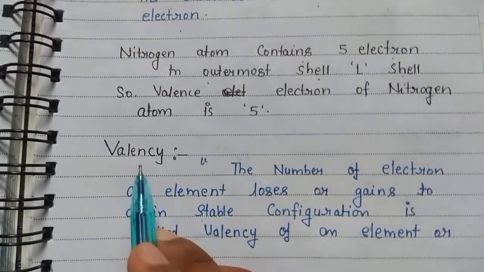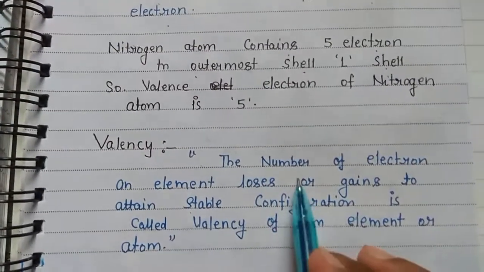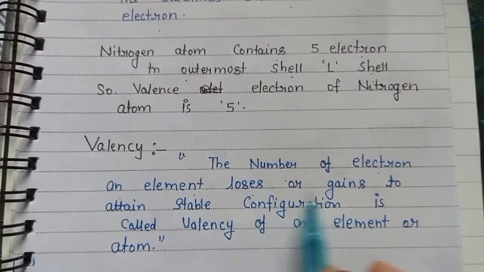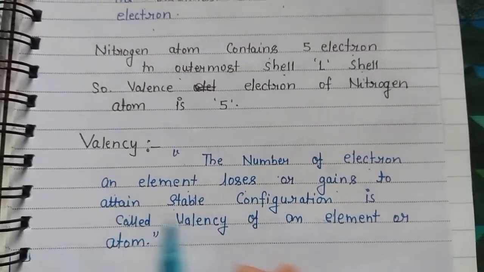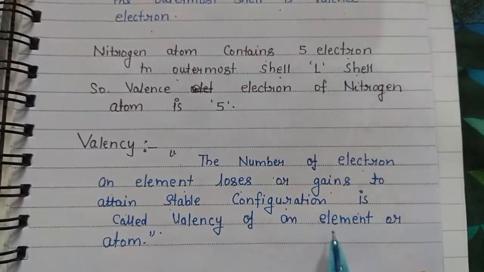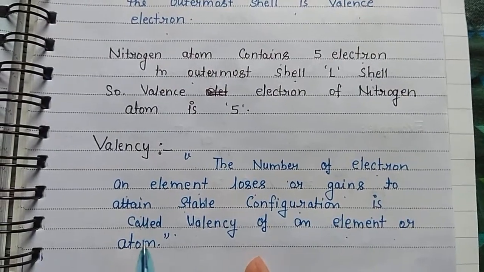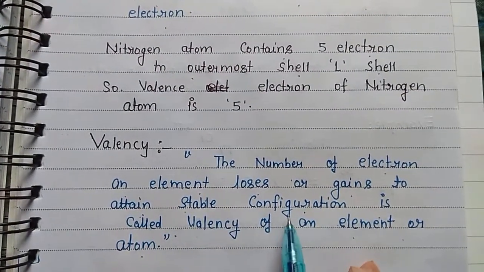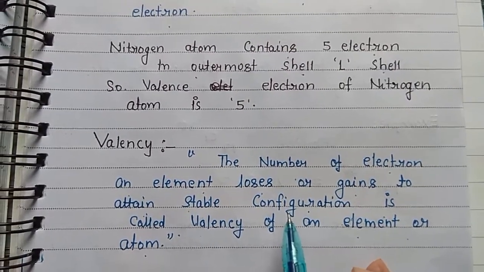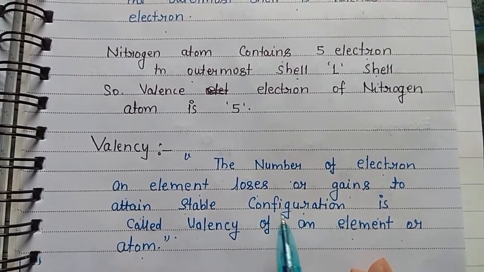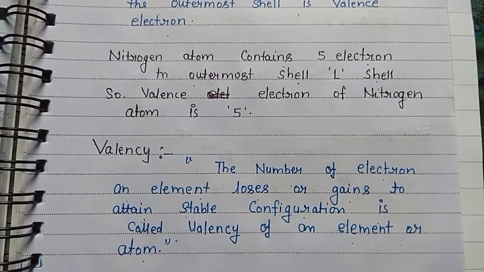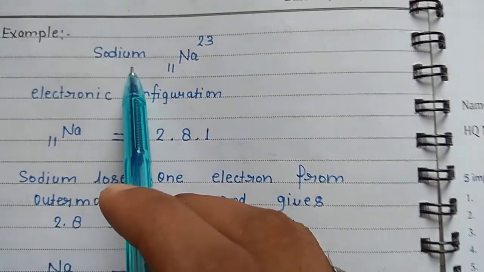Now next point is valency. The number of electrons an element loses or gains to attain stable configuration is called the valency of an element or atom. To attain stable configuration means that it contains 8 electrons in the outermost cell after losing or gaining the electron. For example, sodium, whose symbol is